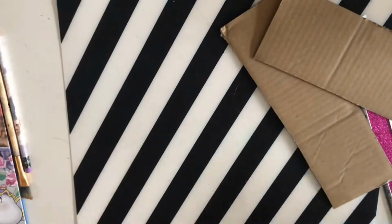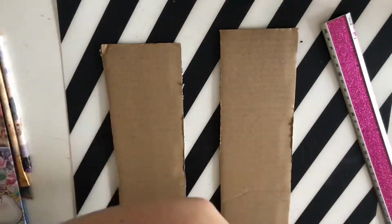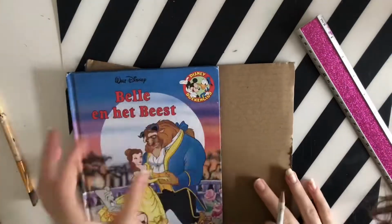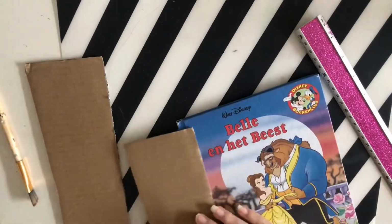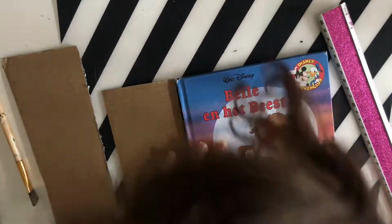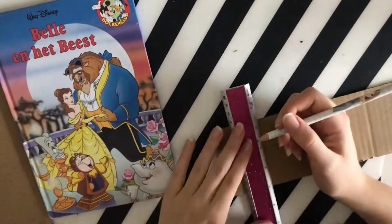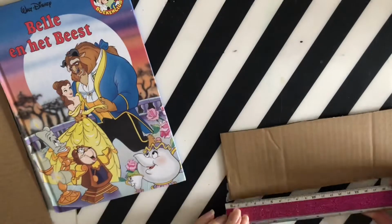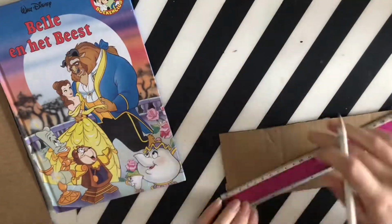What I started doing is cutting off pieces of cardstock that will be the spine, as you will replace the original spine from the storybook because it's too thin to add things to it. So what I do, I measure it to be 2 inches wide and just as long as the book, so that